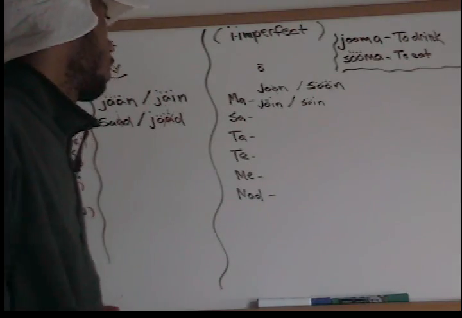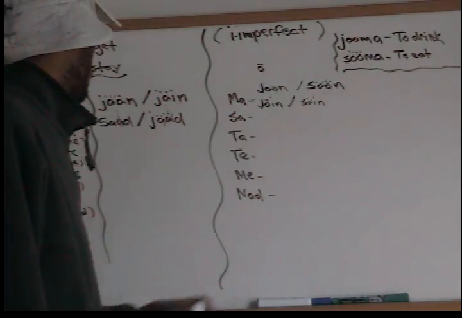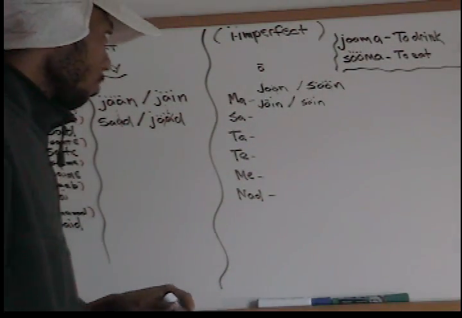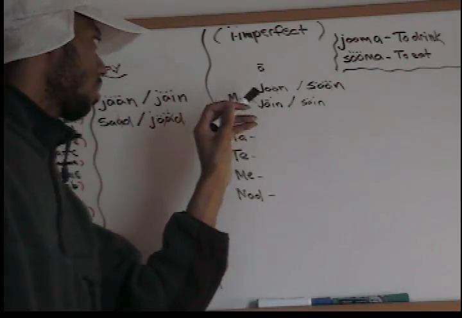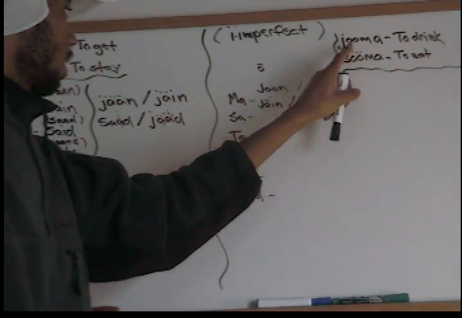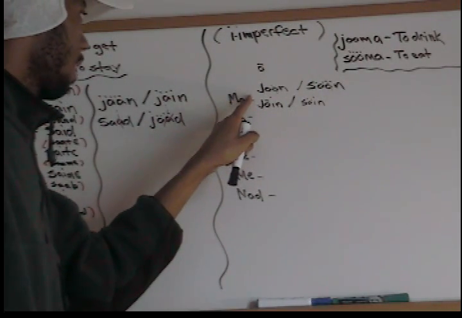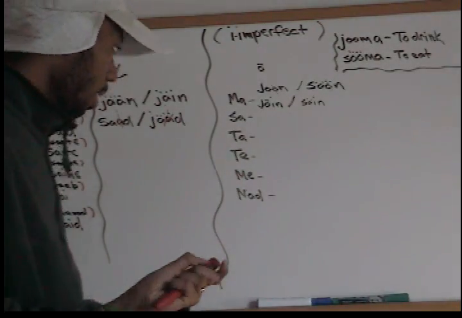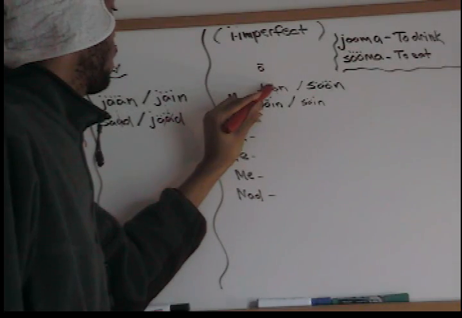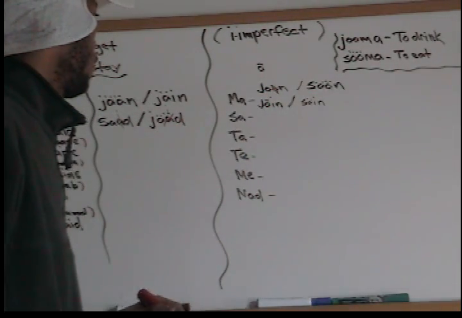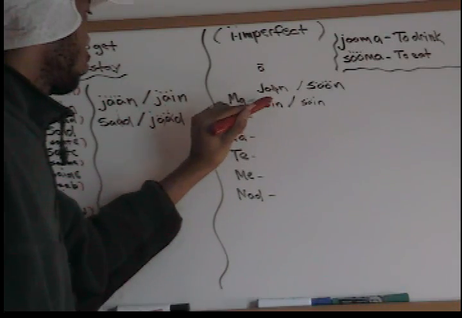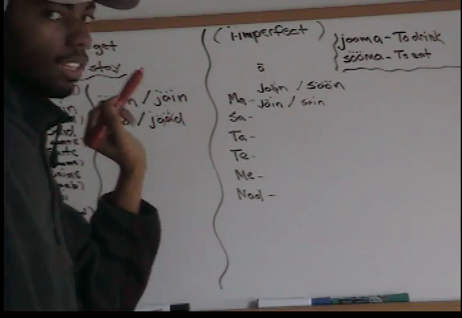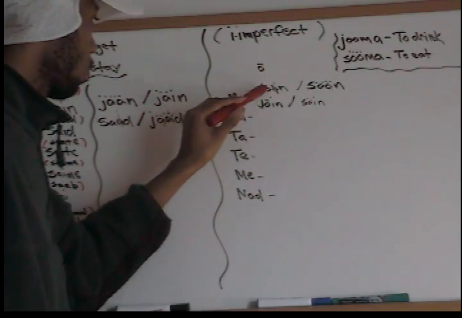Alright, so what's gonna happen here is the same thing that happened before, but it's something different. You're still gonna drop off the second vowel. So you're gonna do two things. A, you're gonna drop off the second vowel. Let's take yoma, for example, and put it in the present with ma. So yom. You're gonna drop off the second vowel, and then as usual, add an I. Now it becomes yoin, but the next thing you have to do is take this O and turn it into an